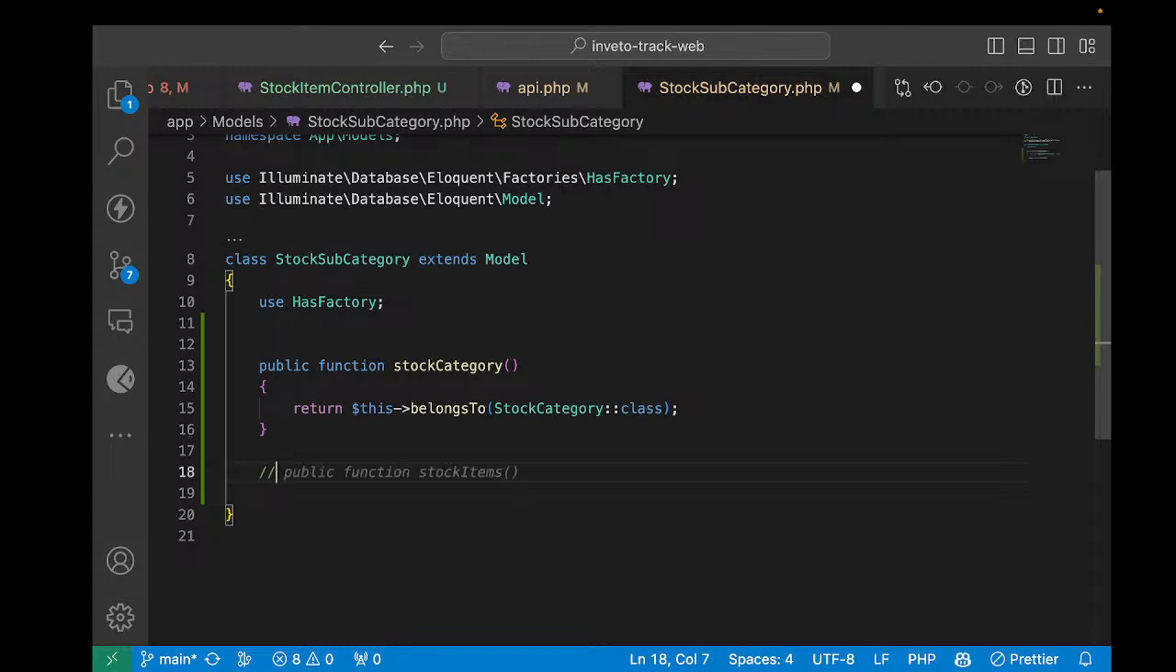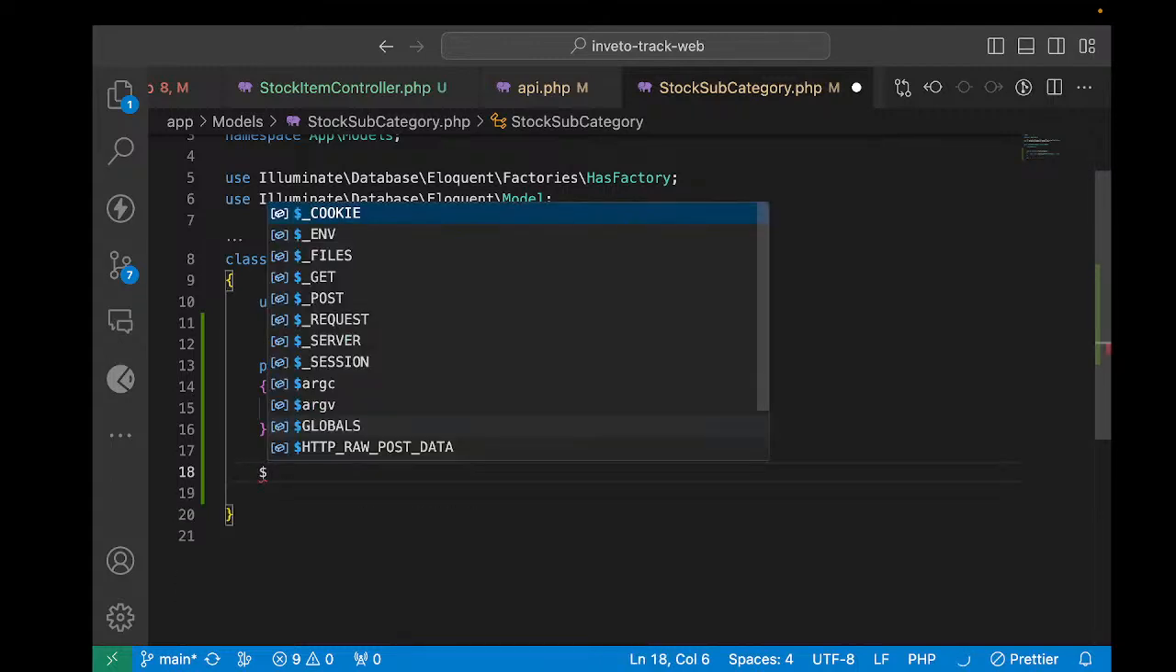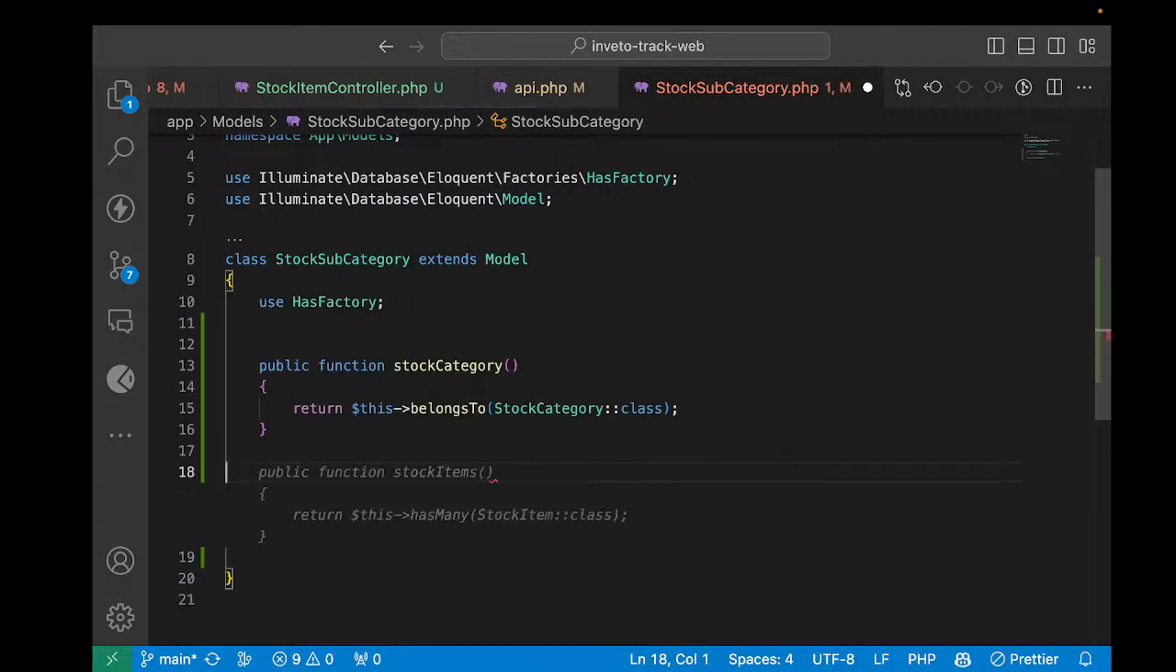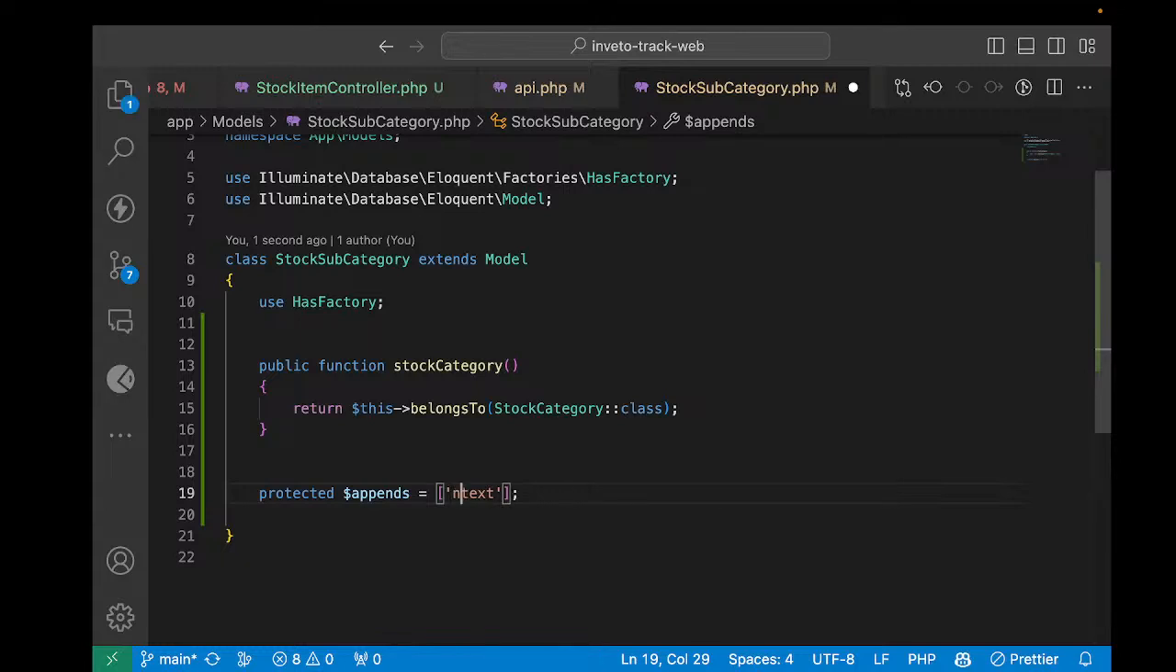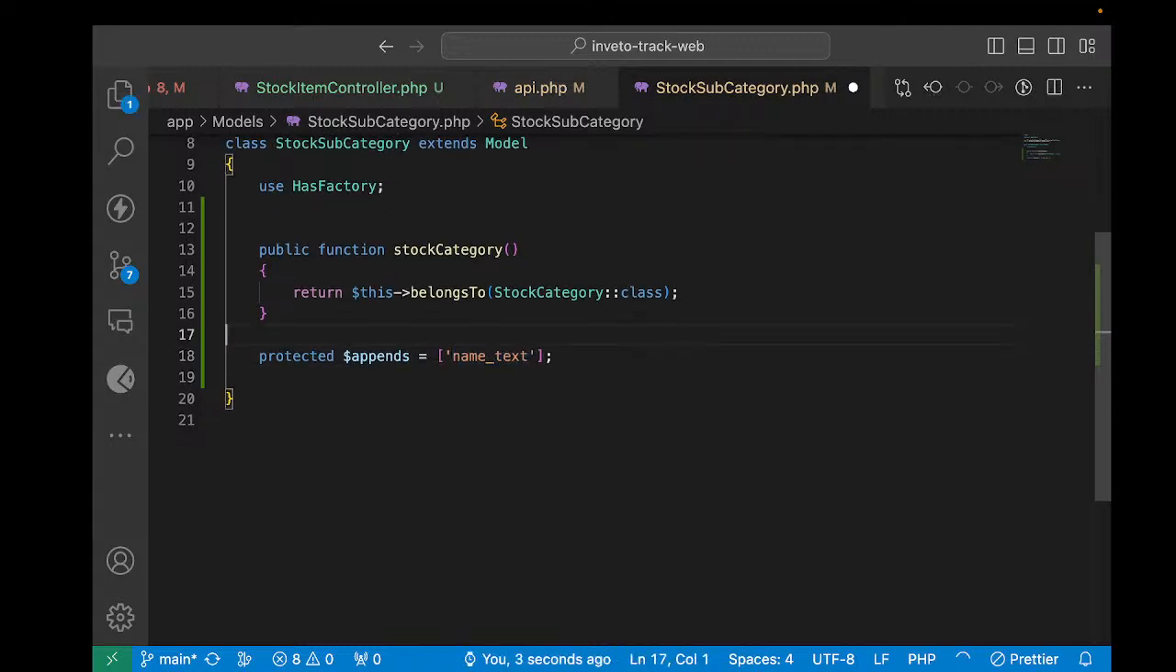So I'm going to append maybe name underscore text. Appending means, let us first go ahead and do what you call appends. I mean protected, and then you put here appends, and then you can put here maybe name text. Name text is going to be the custom name. And after, I'm going to write the getter for